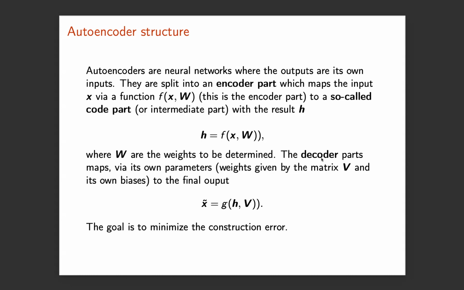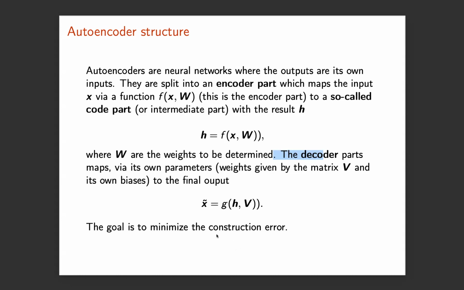And then there is a decoder part, which maps these parameters back into an output. It takes this latent space as input, and there is a new set of variables which you optimize. This g could also be a neural network, or if you're doing imaging, a convolutional neural network. So you could have dense or convolutional neural networks, which reduce the dimensionality to a smaller space, and then a decoder part, which brings back a final output.